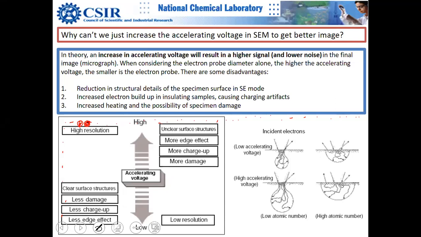Here actually this concept is not useful because the sample is too thick. We don't teach that concept of single electron here because it's not required. Number one, we are not looking at electron diffraction here. Number two, we are not looking at transmitted electrons. Number three, our sample can be infinitely thick in SEM. We don't use thin samples.